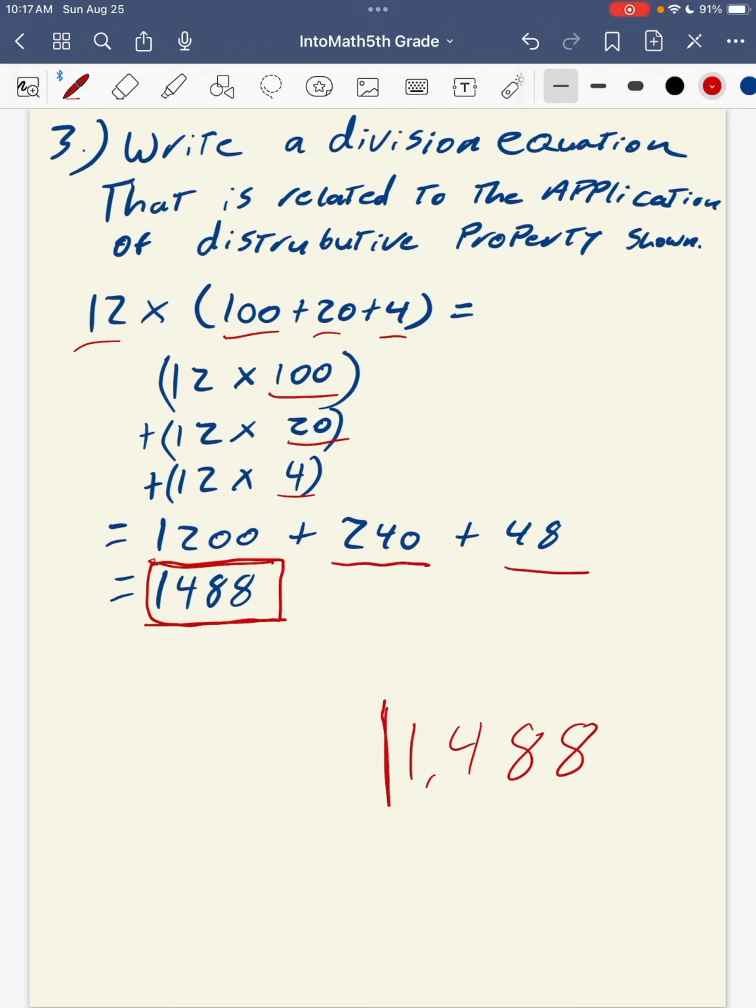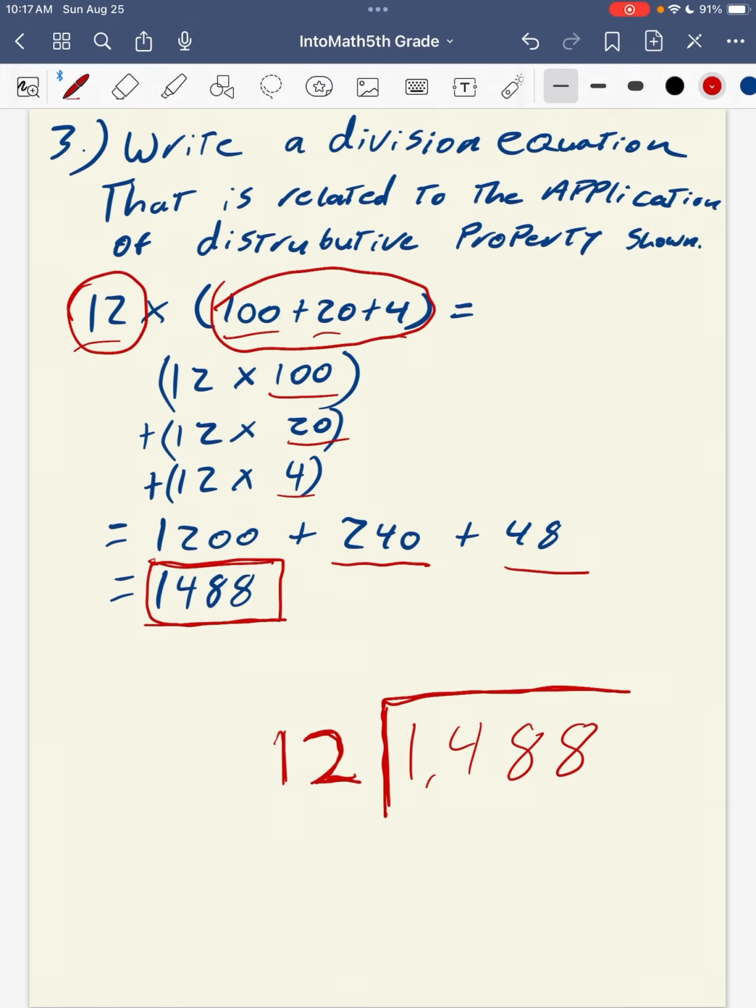Now, as a division equation, we're going to take our total number here, 1,488. That will be our dividend, the number that goes underneath our division bracket. Our multiple that we are multiplying by is going to be 12. And so that becomes our divisor. We are dividing 1,488 divided by 12. This will give us a quotient of